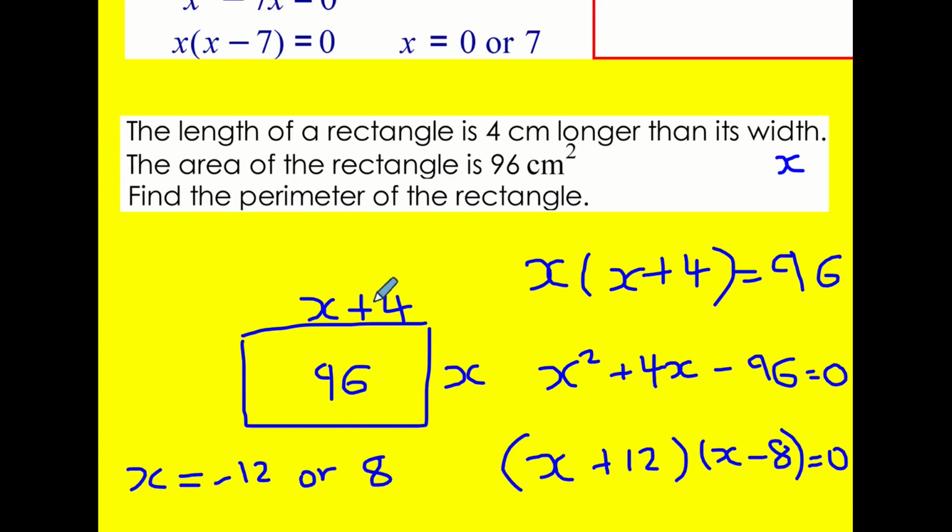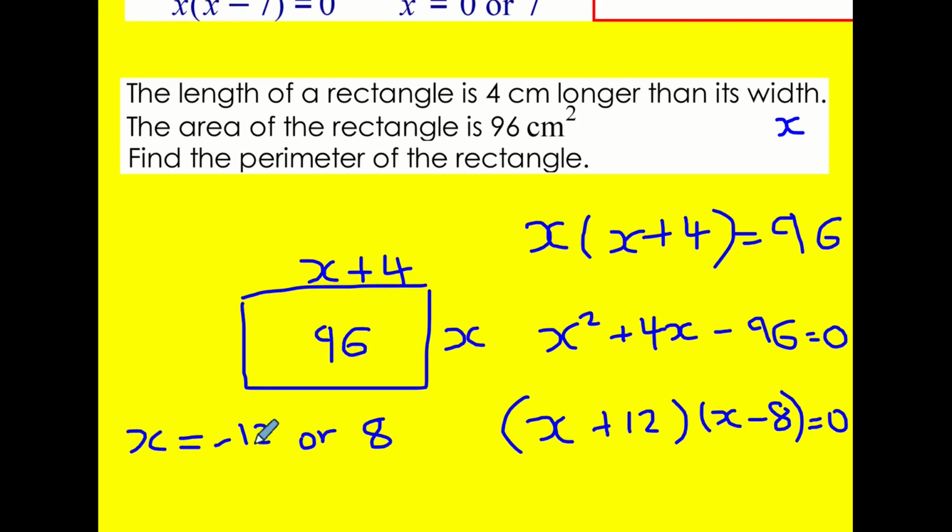Find the perimeter, we haven't quite done that yet, but there's an issue here. Because we're dealing with the length of a rectangle, we can't actually get a negative, so we need to reject this one. We do need to state that. We shouldn't just cross it out, we should literally say reject. So x equals 8, and then